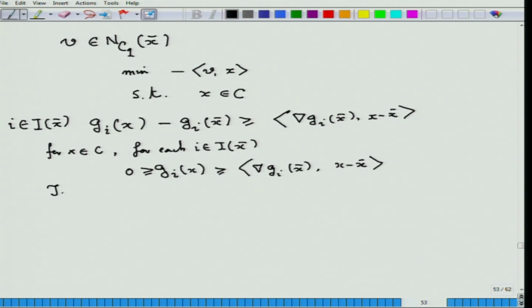Now, take any lambda_i greater than or equal to 0, i belonging to I of x bar. That would imply that if I multiply all of these inequalities by lambda_i and then add them up, then I will have